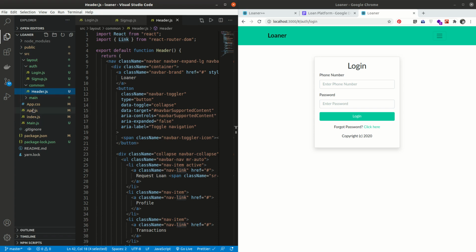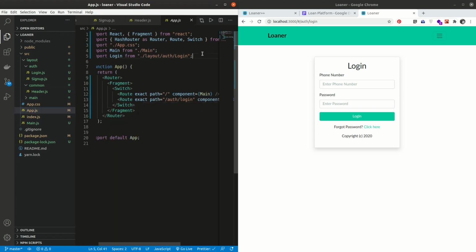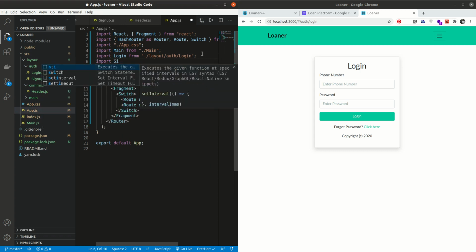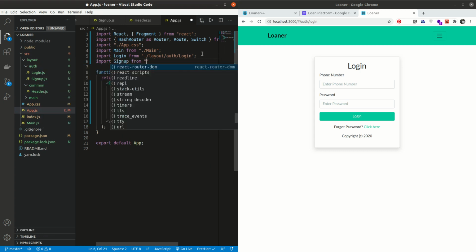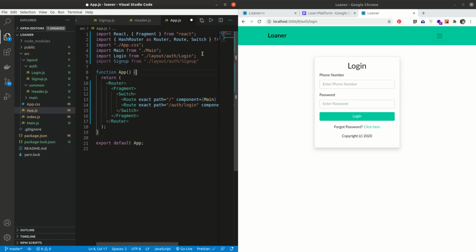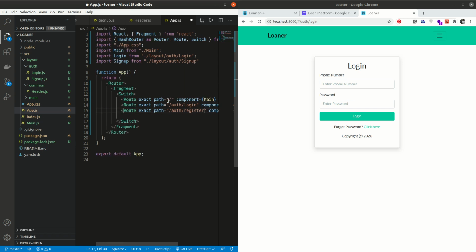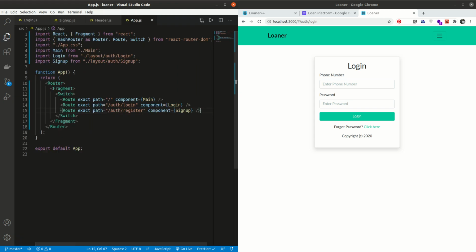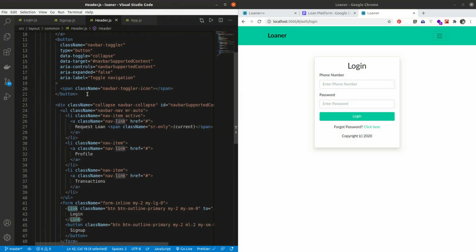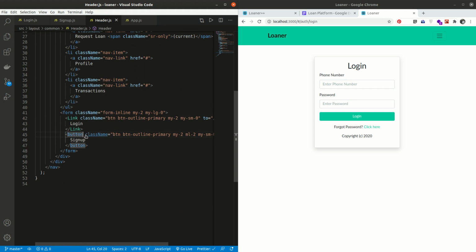app.js and let's import our sign up page. So import sign up from our layout, the authentication folder, and our sign up right there. So we're going to be passing this as a route as well. So I'm copying my login down here. I'm changing this to sign up, and let's call this register. Right, so if we save that and add into our header file, and let's change this to link as well, link,